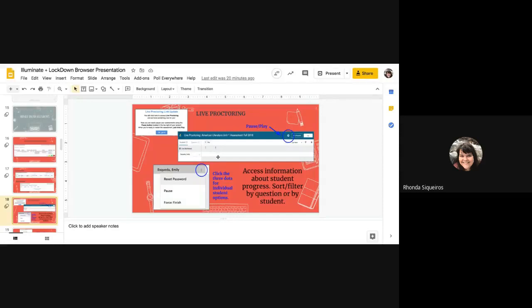So there were only 2 responses, but you can filter by student or by question if you wanted to monitor questions as a student is taking the assessment. You can click on the 3 dots next to any student, and these are the options that appear. So you click the 3 dots for individual student options. So you can force pause a test, you can force finish a test, and so those are your options with